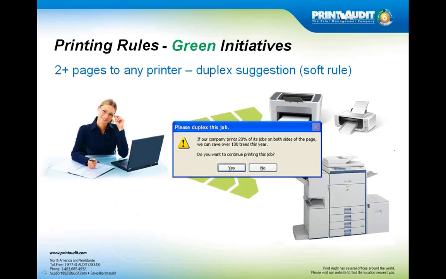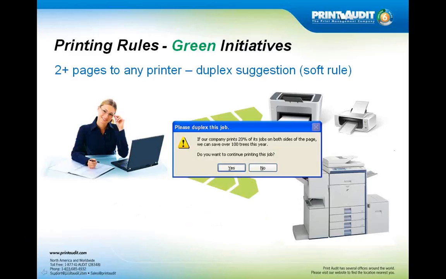The other thing, though, which I think is even more significant, is the pushback we experienced early on with using the rules systems and having automatic redirection. First of all, users often didn't pay enough attention to the pop-up windows under the automatic system to realize that the job that they sent to printer A was actually showing up on printer B. They'd go to printer A and they'd look for their job and they'd go, hey, it's not here. They'd go back to their computer, they'd reassign it again, go back to printer A looking for their job and realize it's still not here. Meanwhile, it's printed out twice at printer B